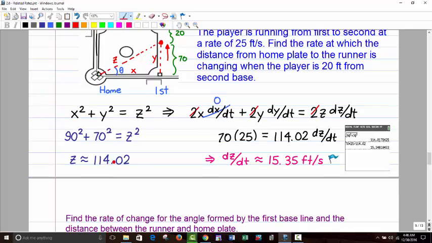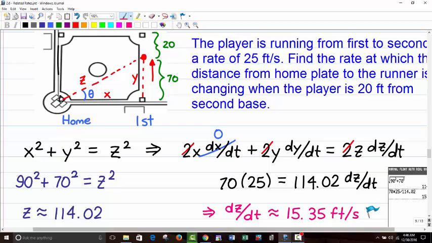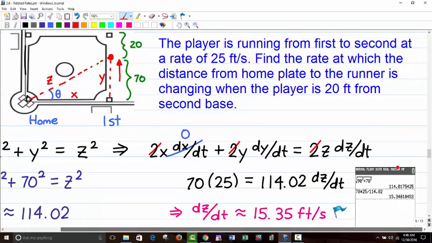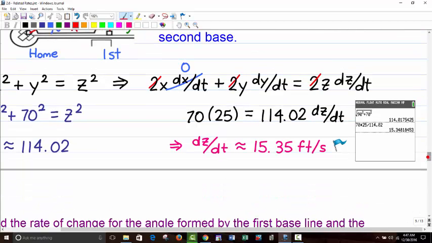That's okay. So 90 squared plus 70 squared equals z squared. And solve that, it's approximately 114.02. As you can see what I did in the calculator over there to the right. I took the square root of 90 squared plus 70 squared,